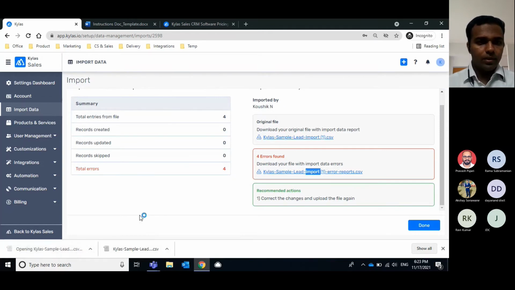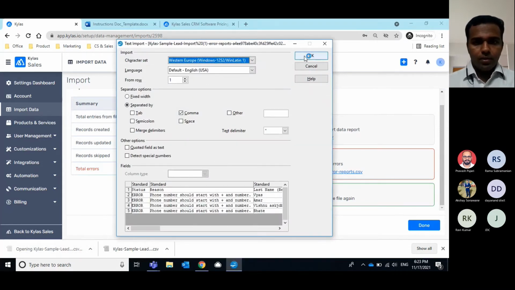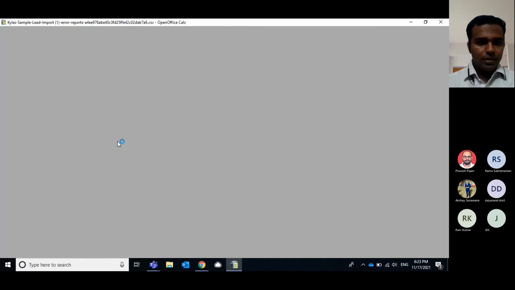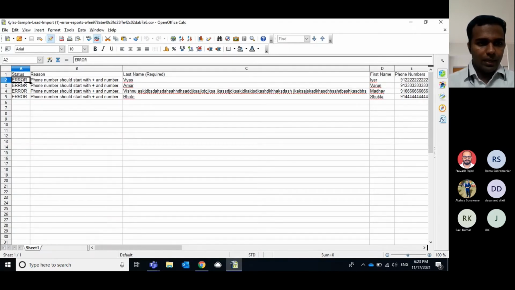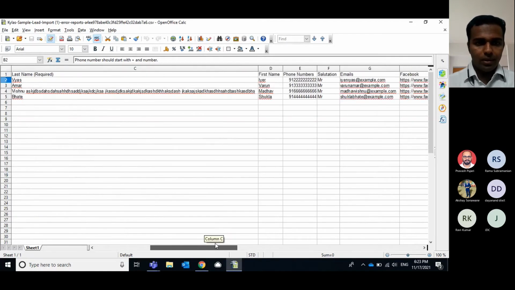So I can just open it. When I open it, it is presented in the format of the record and the error associated with each record. So all the four records which I tried to upload right now had the country code in the wrong format because I didn't append the number with the plus symbol. That's why the system was rejecting these records.